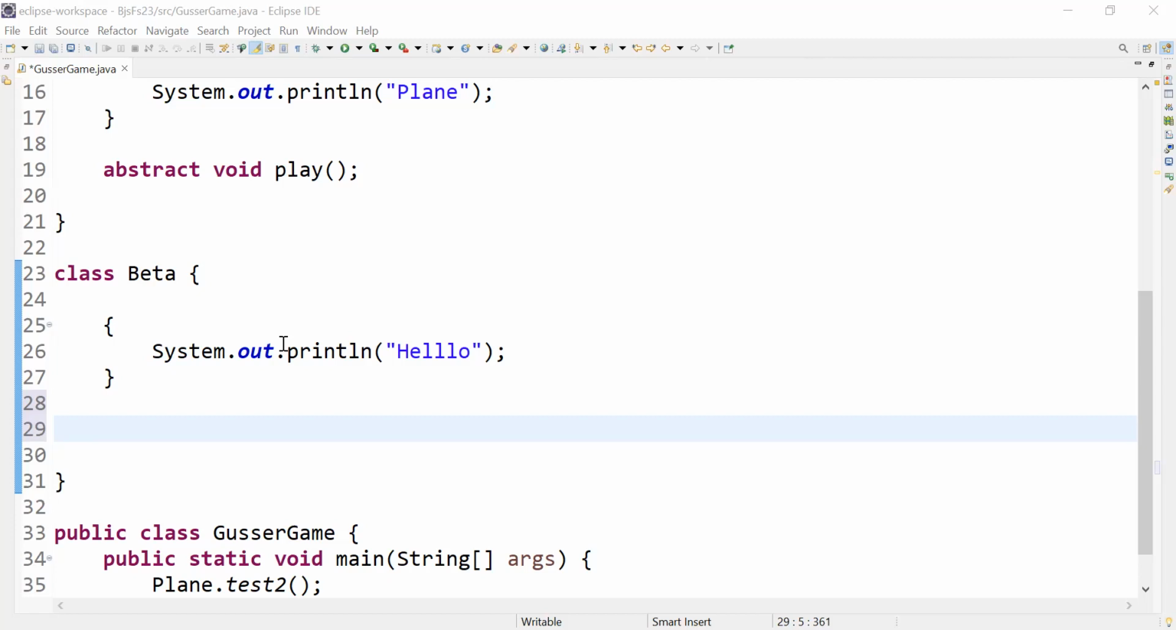Okay. Next point you write down. The number of times an object of a class is created, those many times the instance block will be executed. Example, if two objects are created,